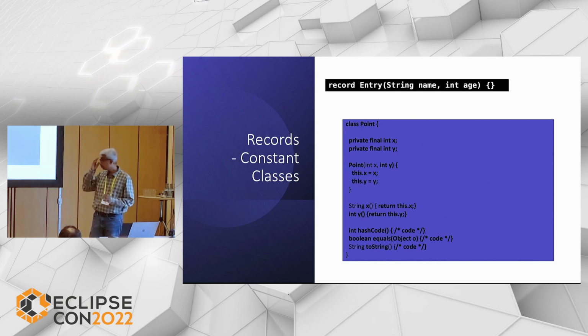At this point, record is a big entry. It's like a constant class. I think some of you have used records, right? And you used them in production code? Yeah, it's available. It's standard. So this one small thing at the top makes it a data class. It's a constant class, and the compiler will provide all the boilerplate for you inside, and it's less error prone.